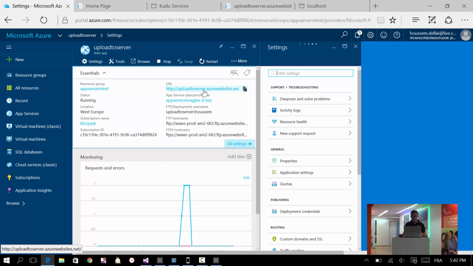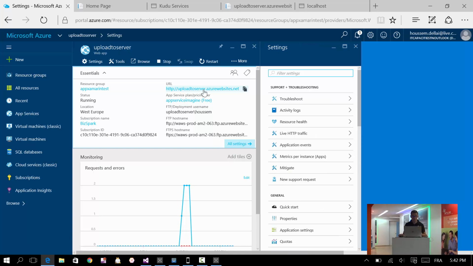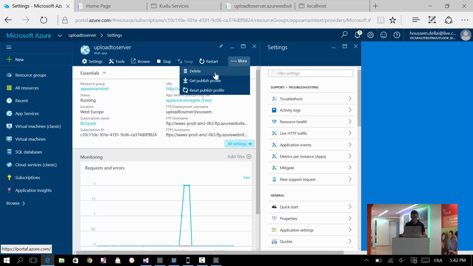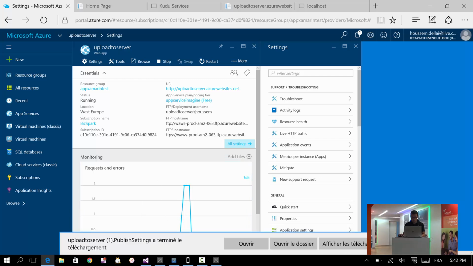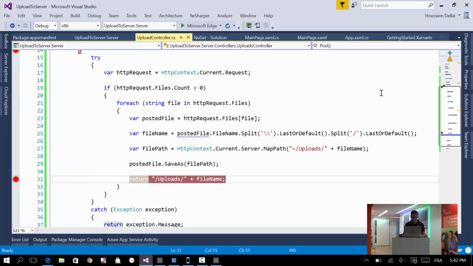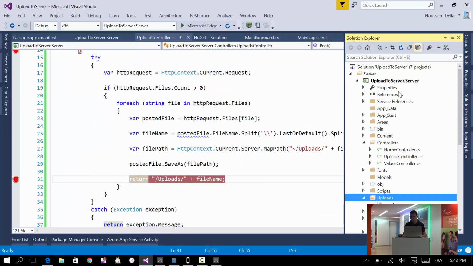And now to get the FTP or the web deploy information to be able to publish this website, I go to this link here saying More and download this publish profile. That's good, it's downloaded. Then go and use that publish profile inside Visual Studio to publish this ASP.NET web application